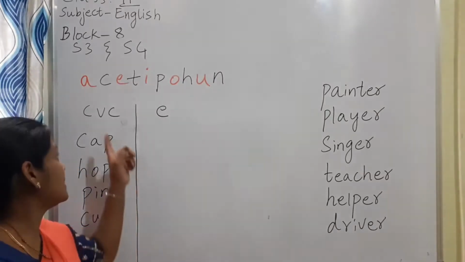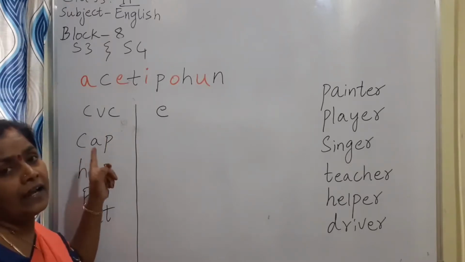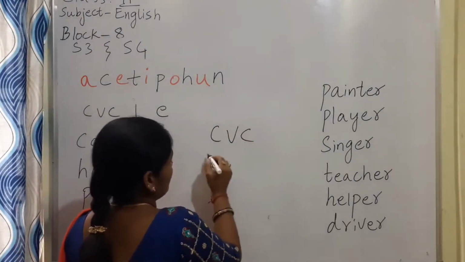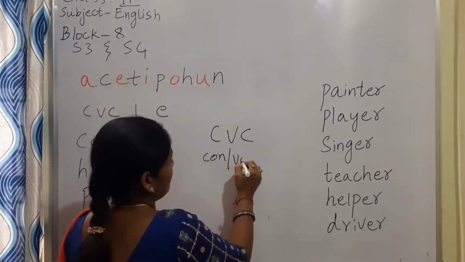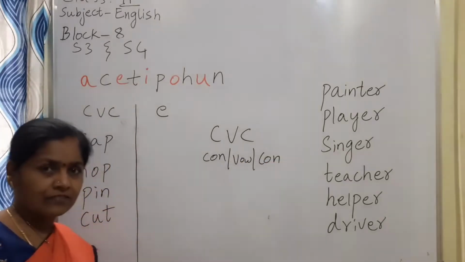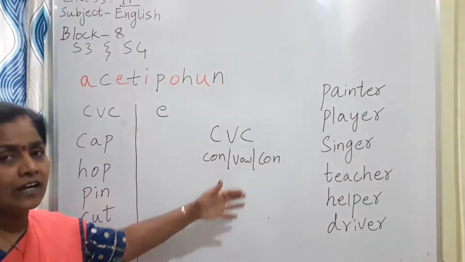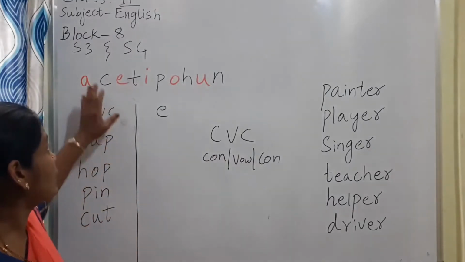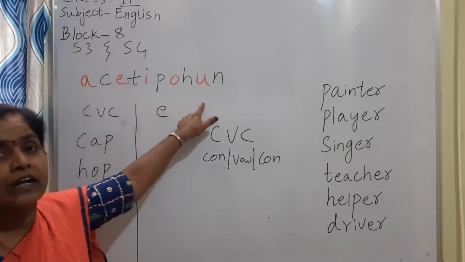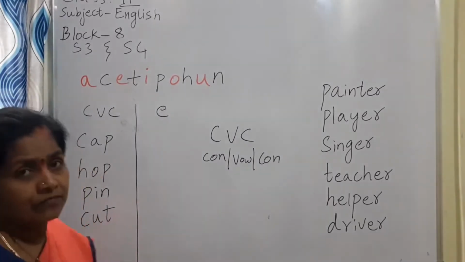So now what you are going to do? We are going to make the CVC word. CVC means consonant, vowel and consonant. They are called CVC words. Now if you were in the classroom, I would have given you the letter cards, and everyone should make a point that when you are making the word, that red letter should come in the middle of the word. Here I have written some words for you.